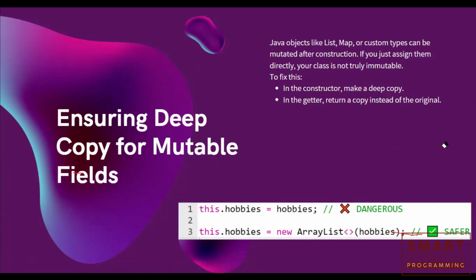In the getter, you can return a copy instead of the original. Let's look at what not to do. So again, let's get our pen here and let's use a highlighter here instead. So this is what you cannot do. It's dangerous, and that's how you make the wrong implementation. We're using this.hobbies = hobbies. But the safer way to do this,